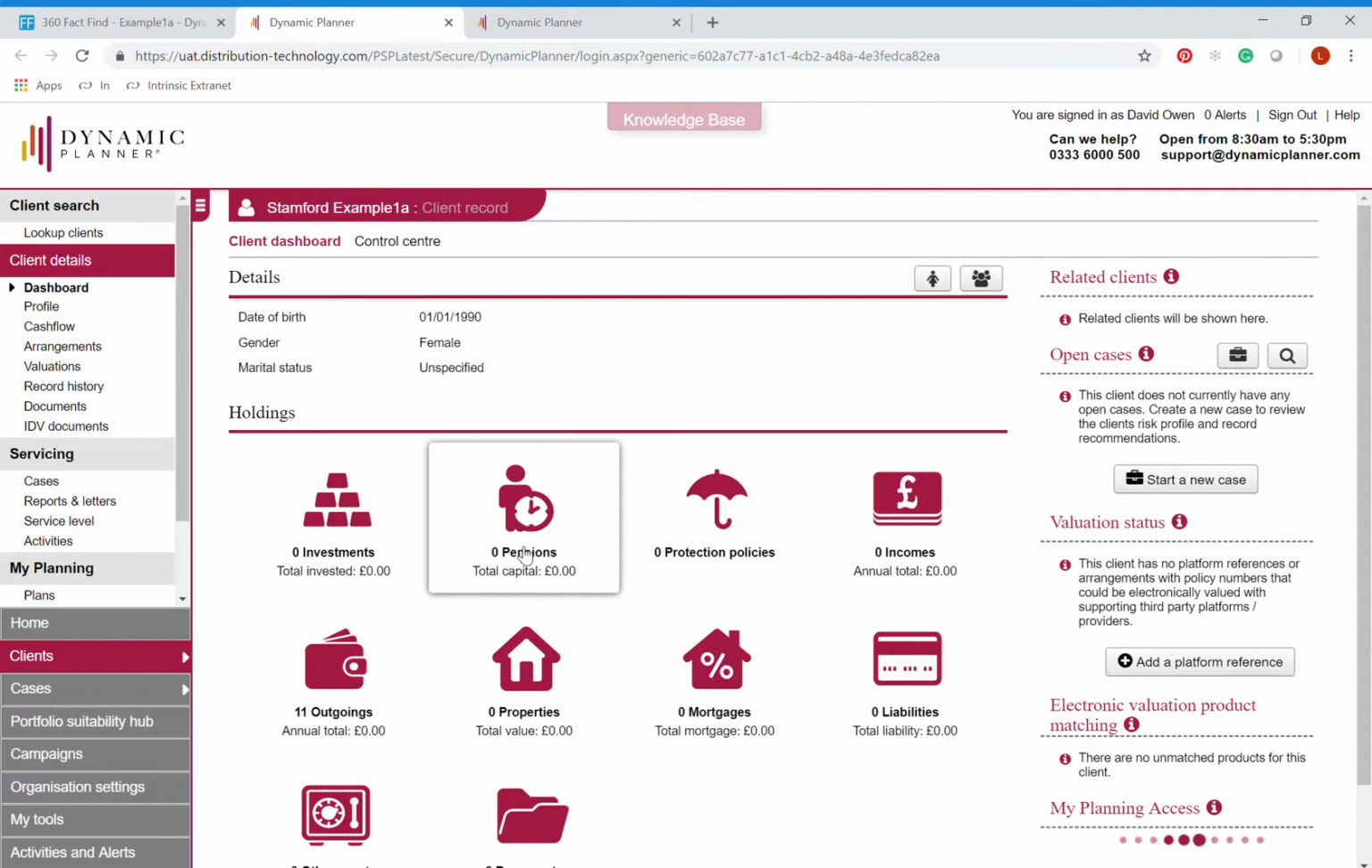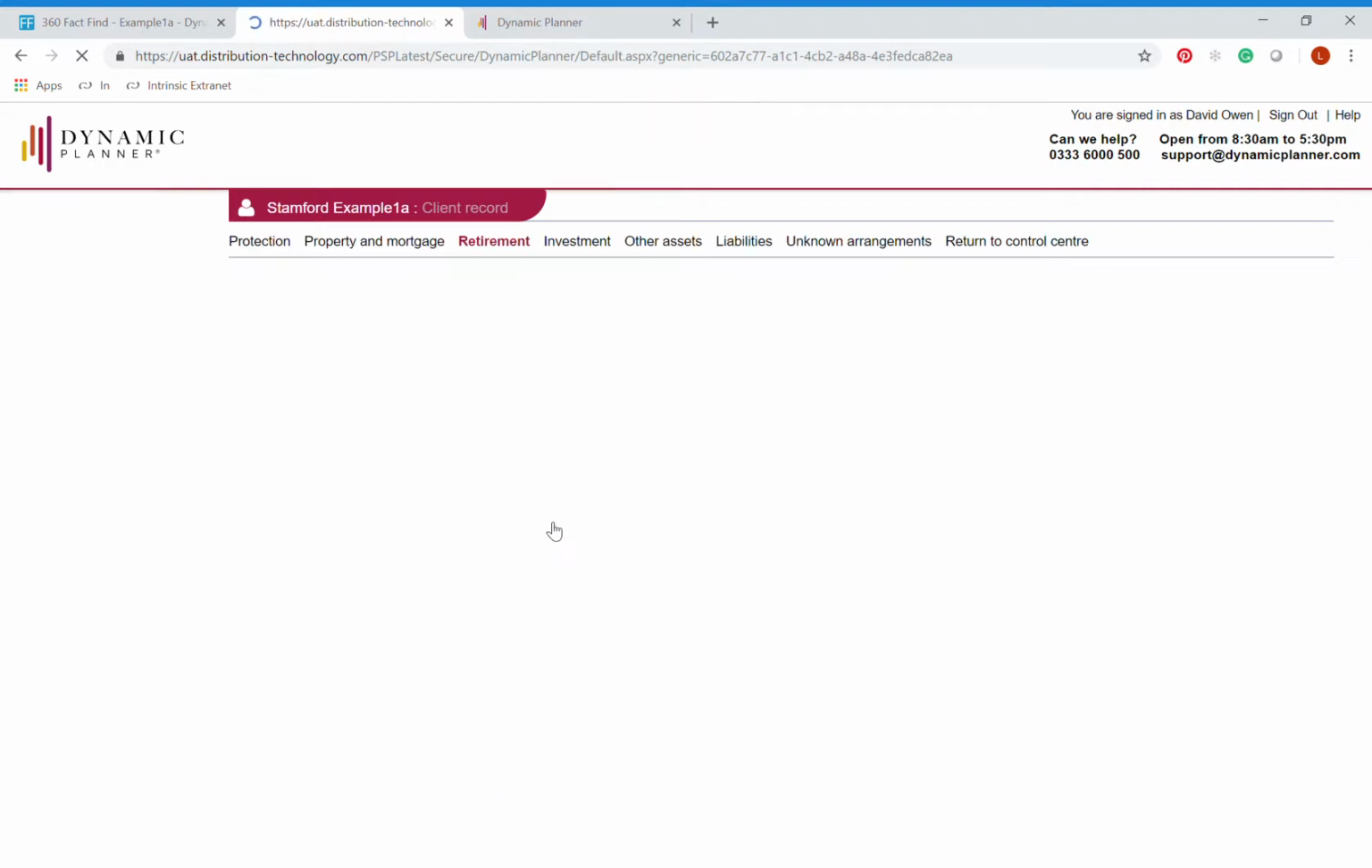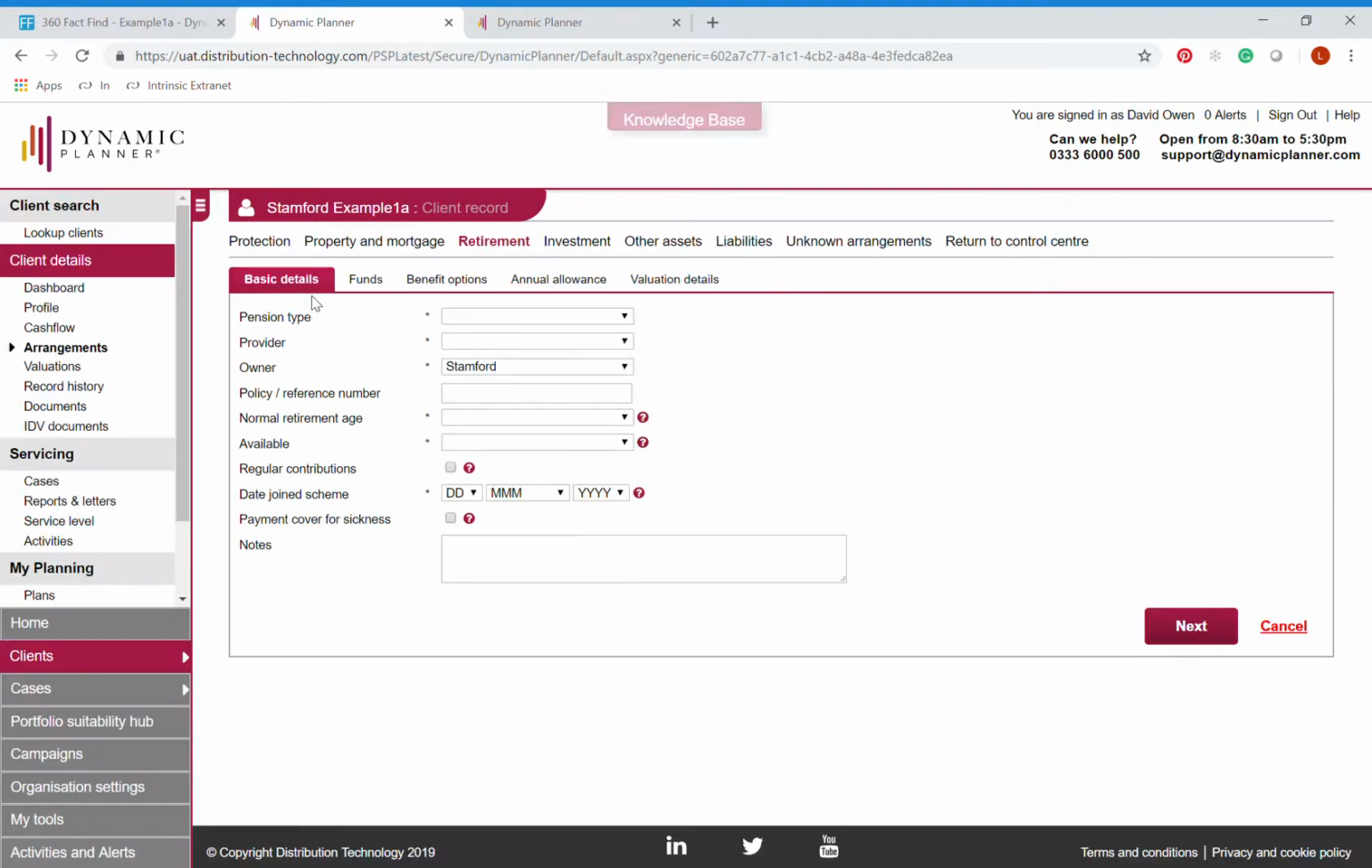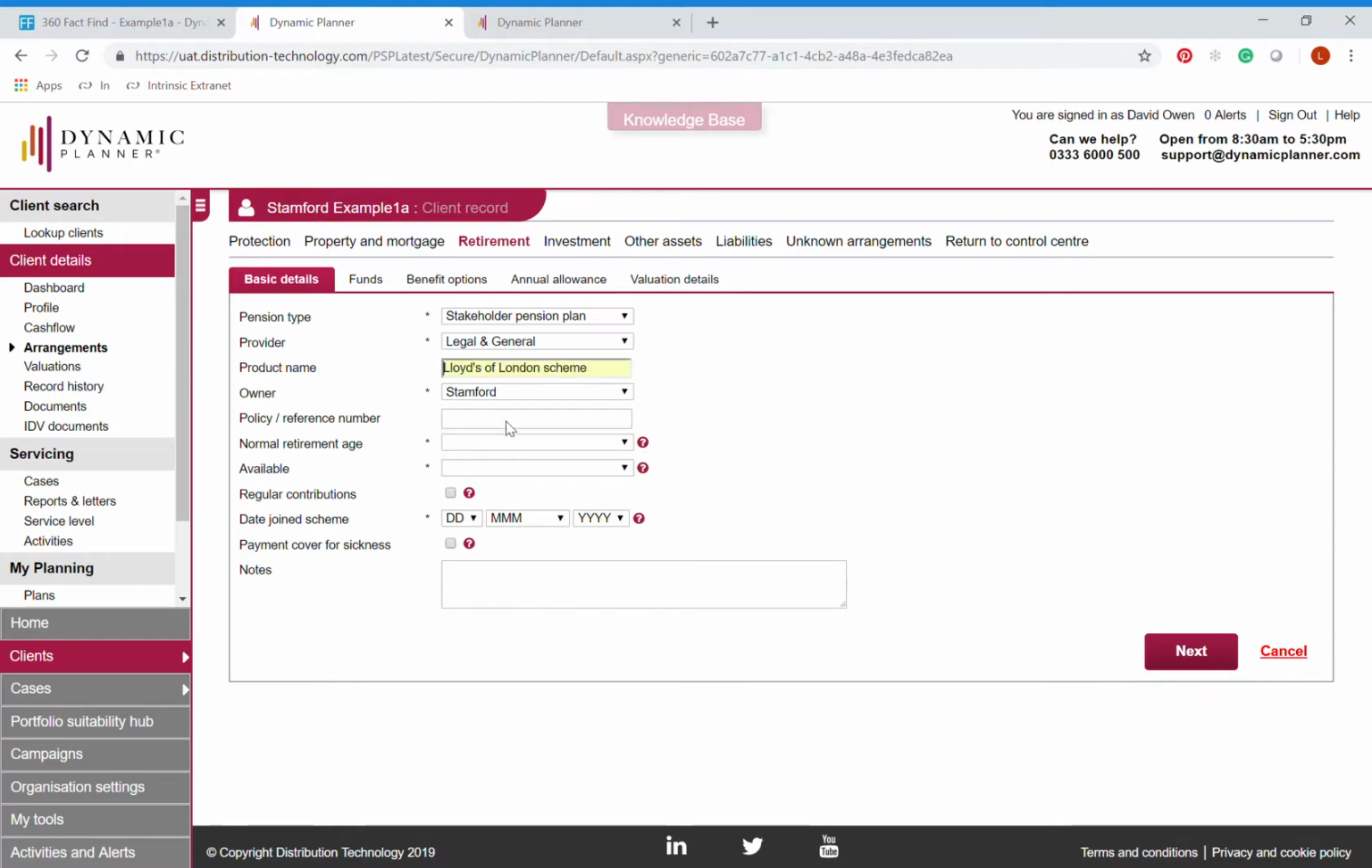What I'm going to do is, as I haven't put any existing arrangements, if there were existing arrangements in 360 available, for example in the portfolio part of 360, that would be dragged across into here. If there isn't, it wouldn't be there. You could populate the fact find in 360, or you could put it in here, which means it's probably easier to do. So I'm just going to very quickly answer some questions here. So let's say this is a stakeholder pension, it's with Legal and General. What I'm going to do, it's available, normal retirement age 65,